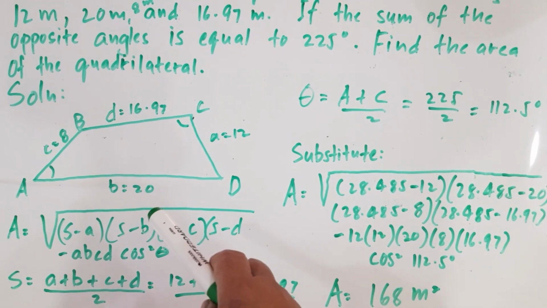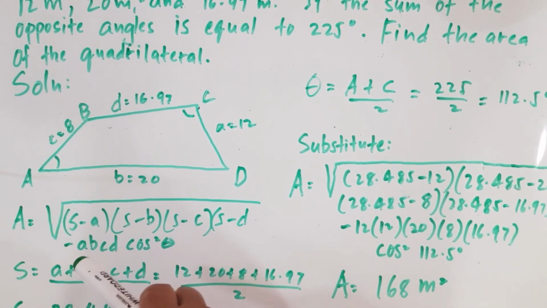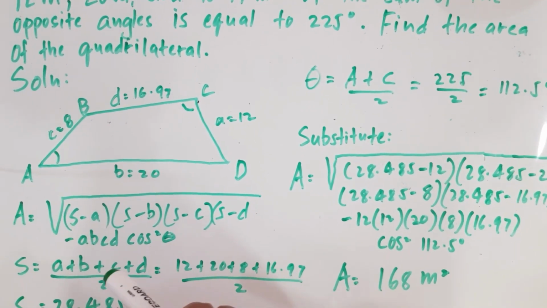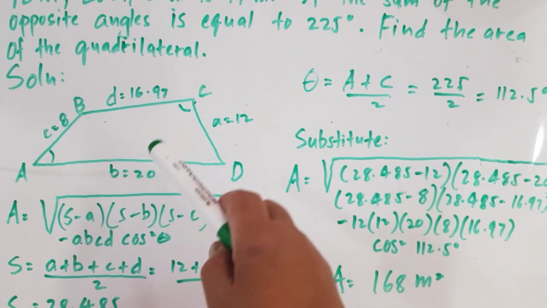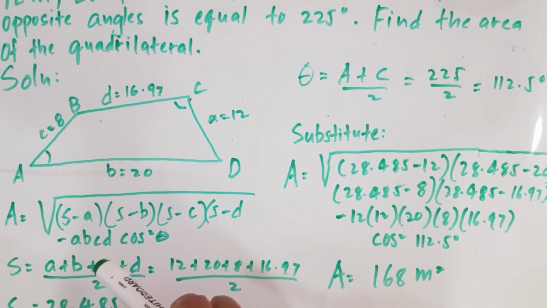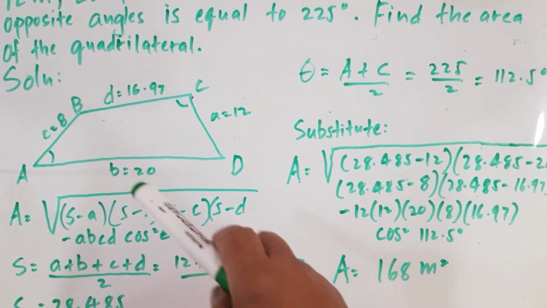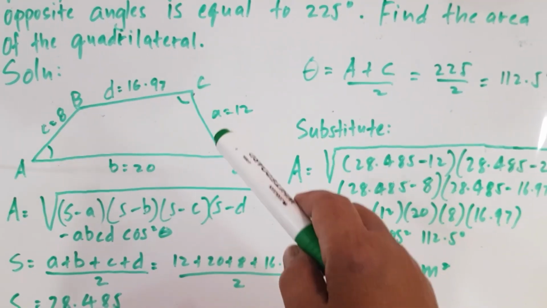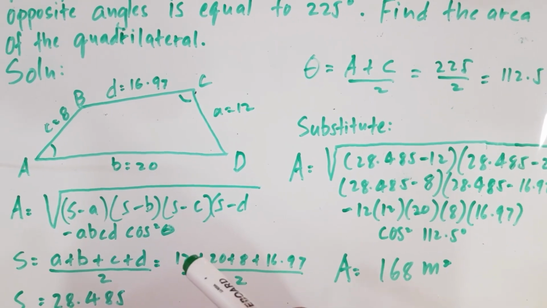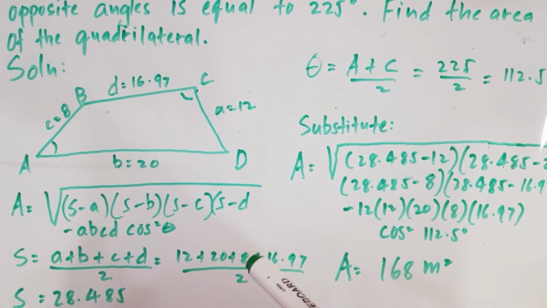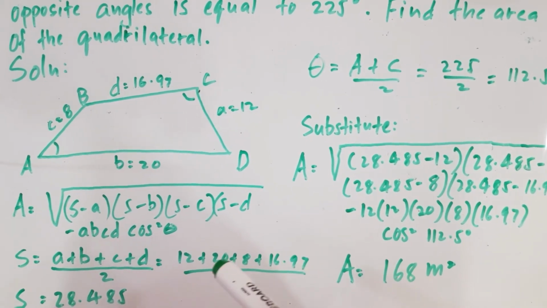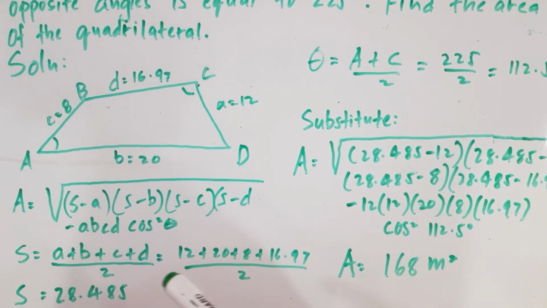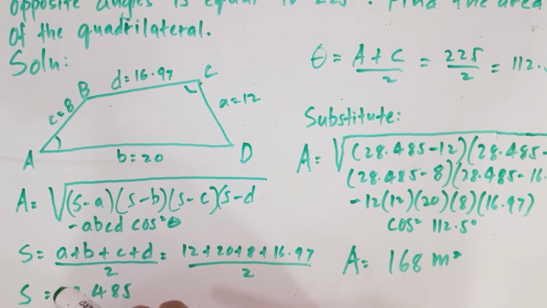Where S is equal to the sum of the sides of the quadrilateral divided by 2. So if we substitute the values of these sides, 12 plus 20 plus 8 plus 16.97, divided by 2,